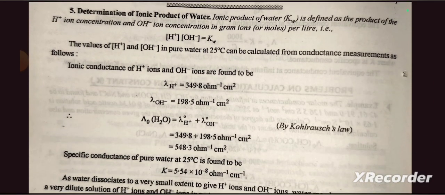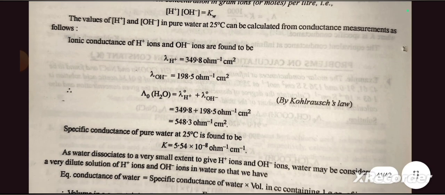5. Determination of ionic product of water. Ionic product of water Kw is defined as the product of H positive ion concentration and OH negative ion concentration in gram ions or mole per liter. That is, [H positive][OH negative] is equal to Kw. The value of H positive and OH negative in pure water at 25 degrees Celsius can be calculated from conductance